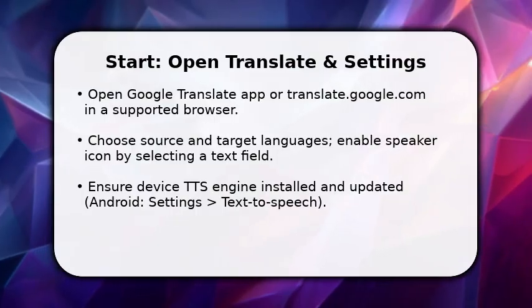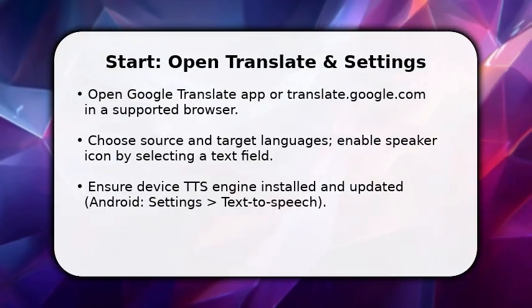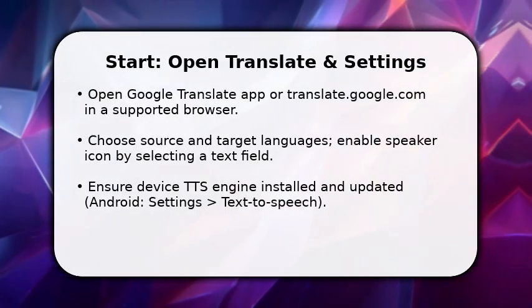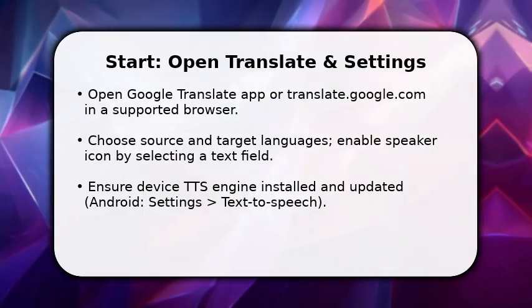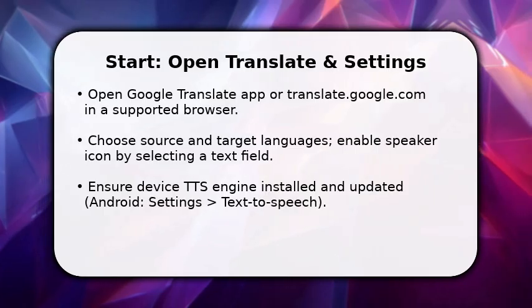You begin by launching Google Translate and placing the text you want read aloud. This triggers the speaker control. Once done, make sure your device's text-to-speech engine is installed and up to date, because Google Translate uses that engine